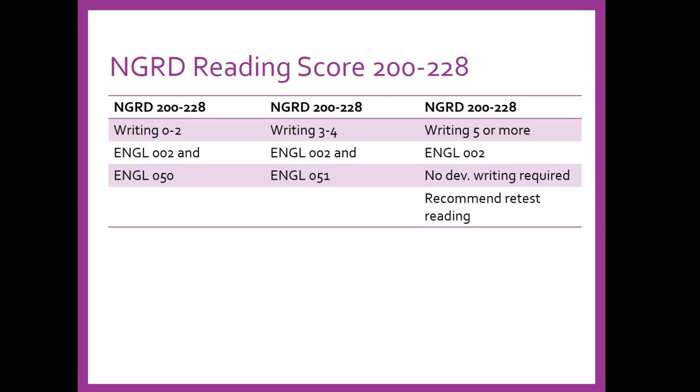So here's some examples. A student tests into the lowest reading, which is represented by the Next Generation reading 200 to 228. If that student has a writing score between 0 and 2, they're placed in 002 and 050. A writing score between 3 and 4, 002 and 051. A writing score of 5 or more, no developmental writing is required, and you might want to recommend that that student retest in reading